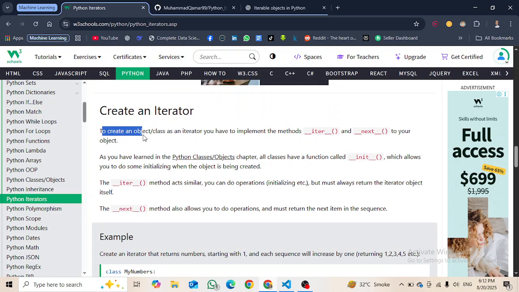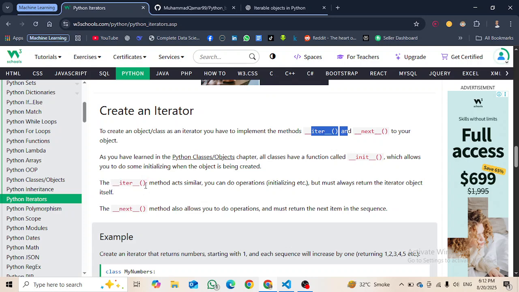So to create an object or class as an iterator, you have to implement the methods __iter__ and __next__ to your object. As you have learned in the Python class objects chapter, all classes have a function called __init__, which allows you to do some initializing when the object is being created.